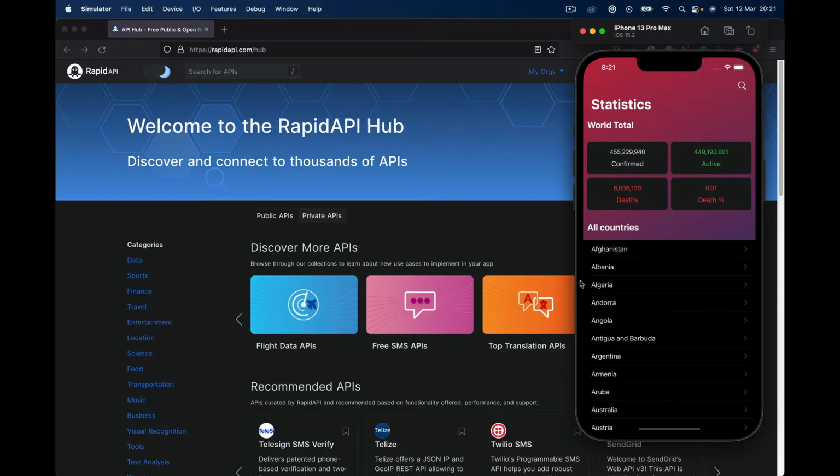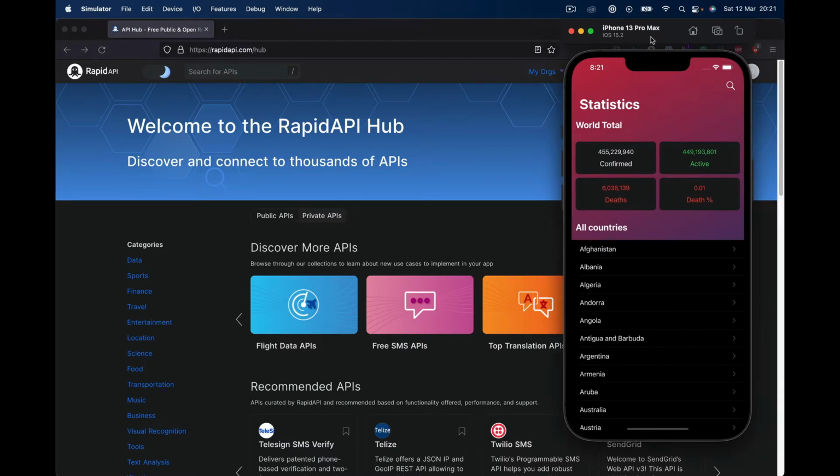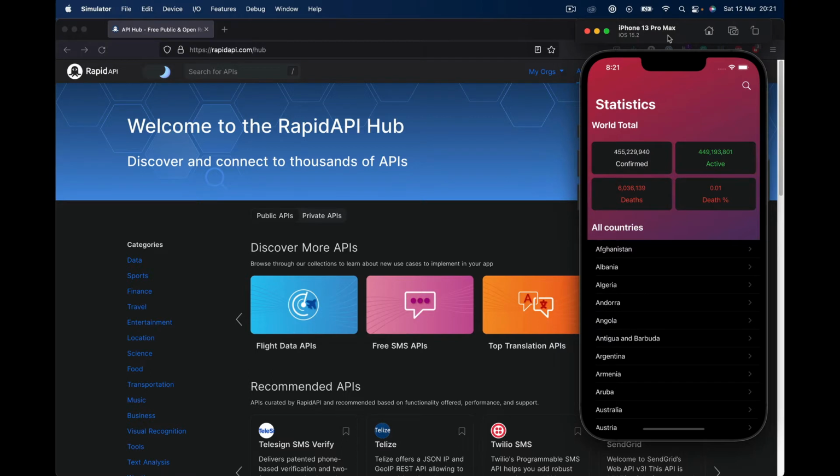Hey there, David from iOS Dev School here, and in this tutorial we are going to build a COVID statistics application, and we're going to use the latest Xcode and iOS 15 for that. Right now I'm running iOS 15.2 as you can see on my simulator here. So we're going to use